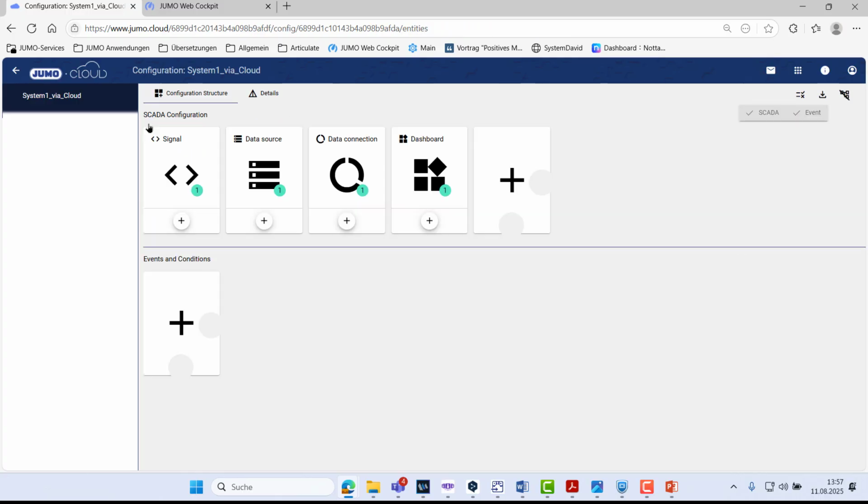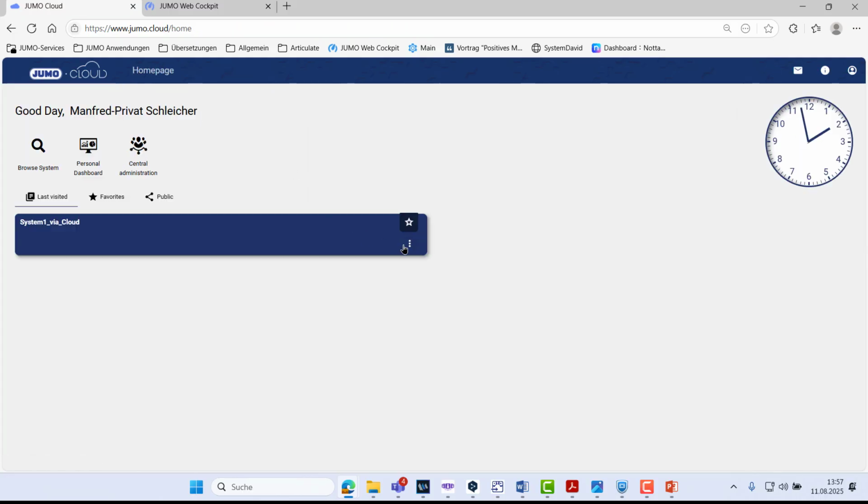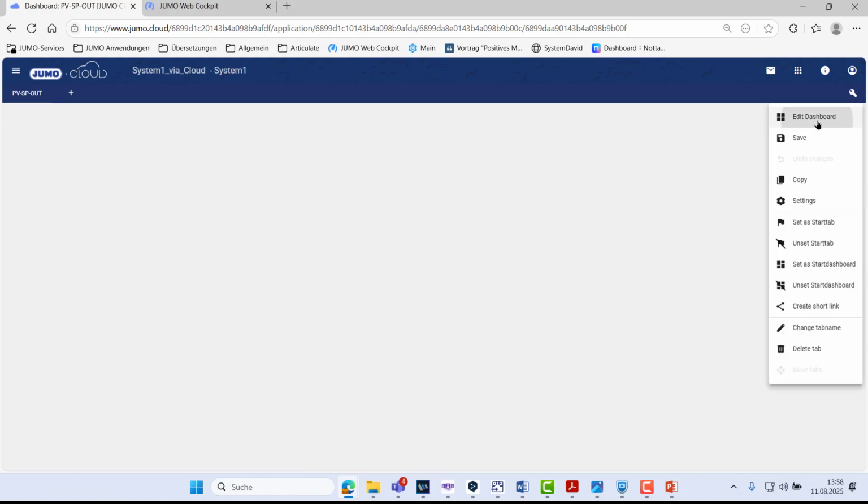Now I will place a widget with the actual value in the dashboard tab. I am here in the dashboard system 1 and here in the dashboard tab PVSP out. I start editing the dashboard.